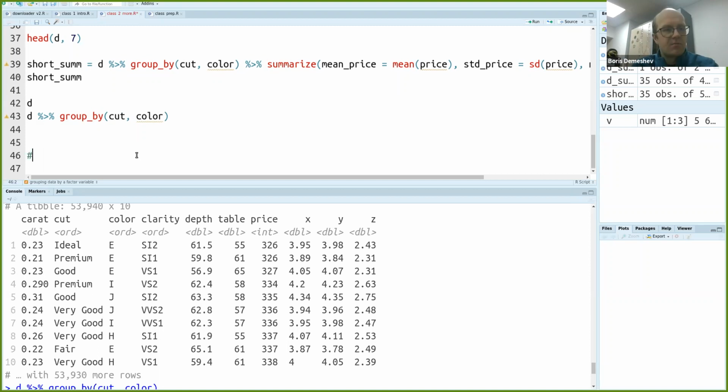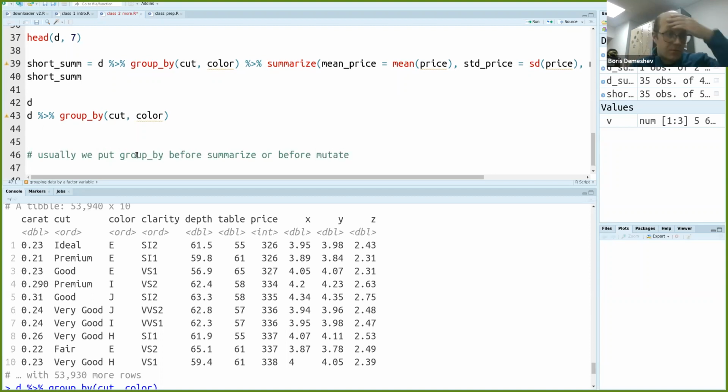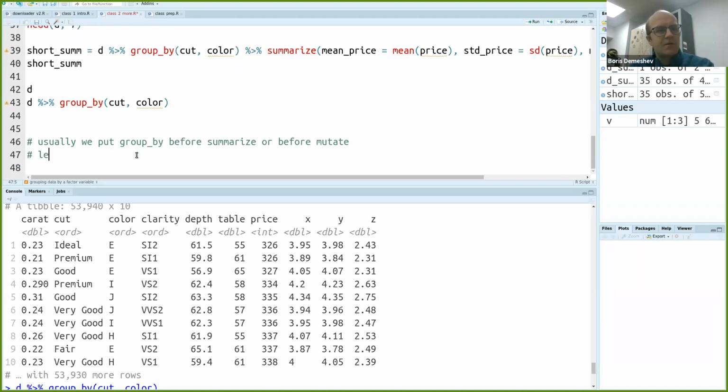So usually we put group by before summarize or before mutate. So for example, let's calculate deviations from group means. So I will say something like